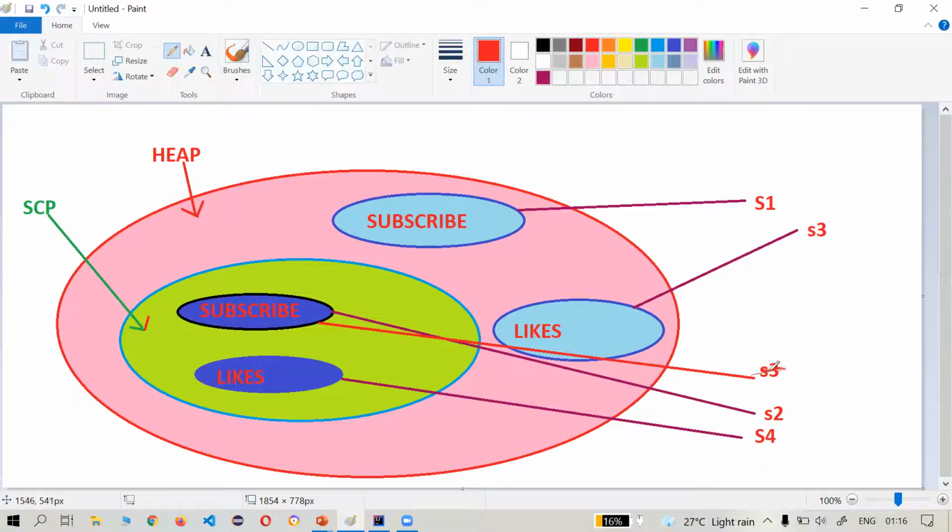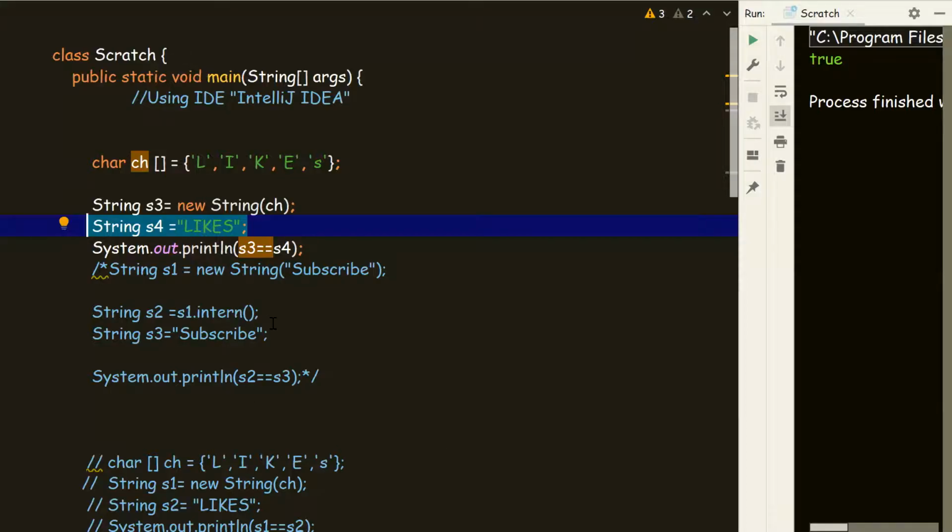We're considering "likes" now. So one reference is created in the SCP area, that's s4, and s3 in the heap area. So here the references are pointing to different objects, so it won't be equal. Let's check this: s3 and s4, this should be false. Both are pointing to different objects.